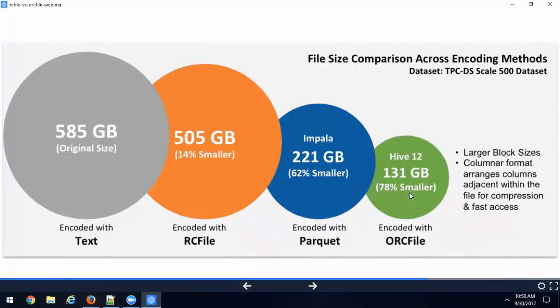And even in big data environments, when you have huge files and a huge cluster, you still don't have infinite space in your cluster. Space is limited. Space is still scarce, although not as scarce as before, but it is still scarce, right? You need to conserve it. So ORC, from the compression standpoint, is 78% smaller.